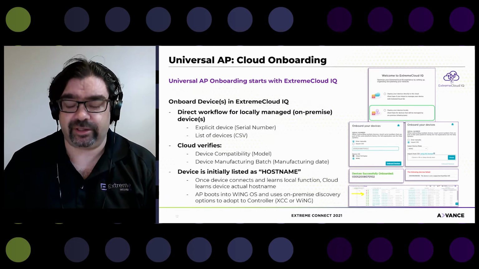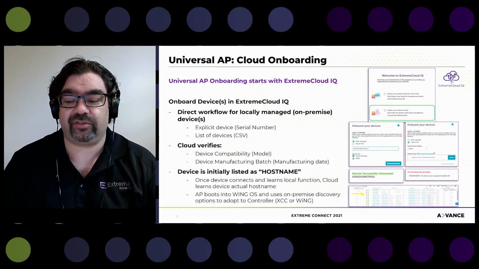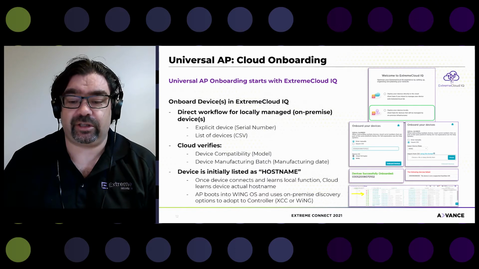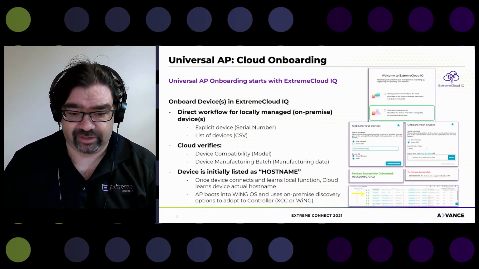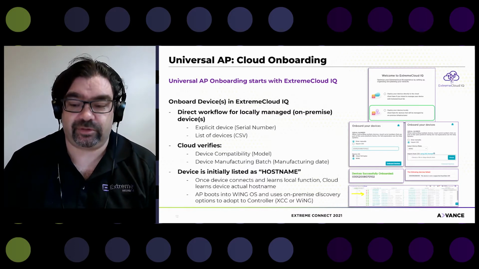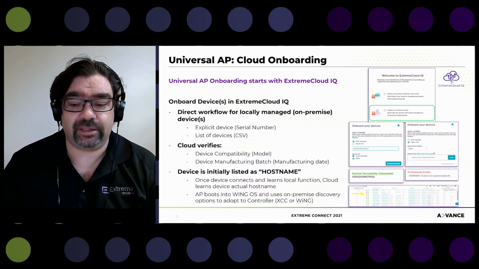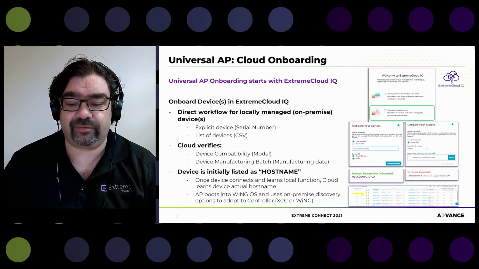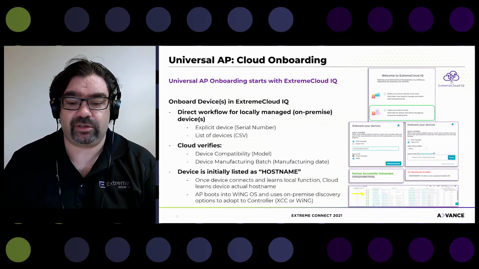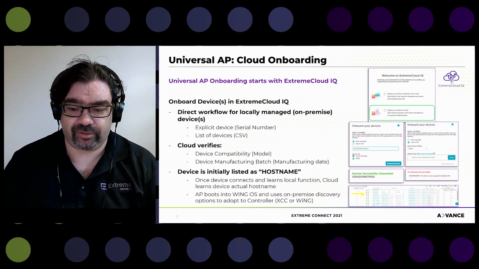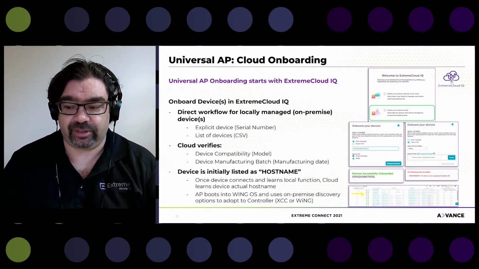So that's one easy way to tell that the device has hit the cloud, has discovered the cloud, and has now been told to go to Wing mode. Once the device goes through that step, it will reboot into Wing 7. It will then use the local discovery mechanisms to try to find a controller, either Extreme Campus Controller or a Wing controller, so that becomes its management infrastructure place